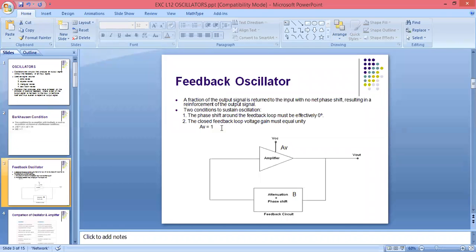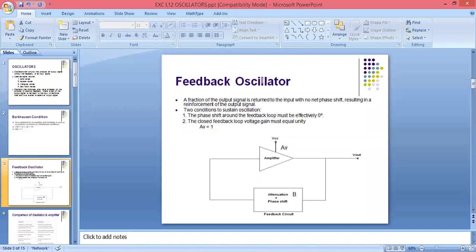So we are saying oscillator is an electronic circuit which generates sustained oscillation, which generates oscillations of desired frequency at its output. There is no need of any input. These are the conditions of the oscillator. Here we can use feedback as an oscillator if the loop gain will be equal to 1 and loop phase shift will be equal to 0 or 360 degree. It means what? There is no phase difference between output and the feedback.